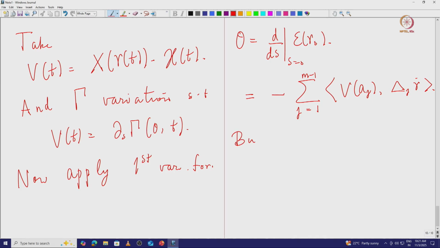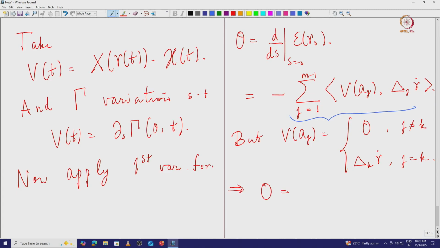okay, but v of aj is 0 when j is not equal to k, and when it is equal to k it is precisely the jump in the velocity vector, okay. So that means that all the terms here will be 0 except the term when j is equal to k, and that will give you minus this squared, okay, which is of course strictly negative. So again we have 0 strictly less than 0, that is a contradiction,